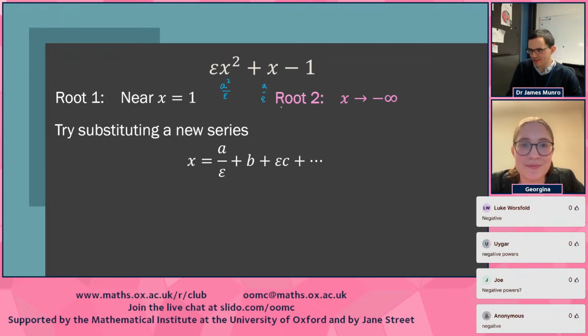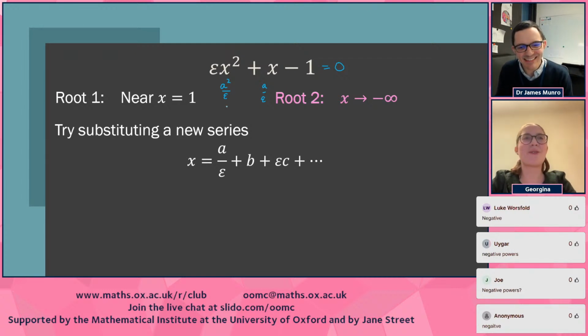Yeah, I'm trying to plug it in to see what happens. I think we're going to see in a second, aren't we? If you put it in here, then you'll get something like a squared over epsilon squared times epsilon. If you put it in here, you'll just get a over epsilon. So if you want this to be 0, then you're going to need... okay, sorry. So if we substitute that in,